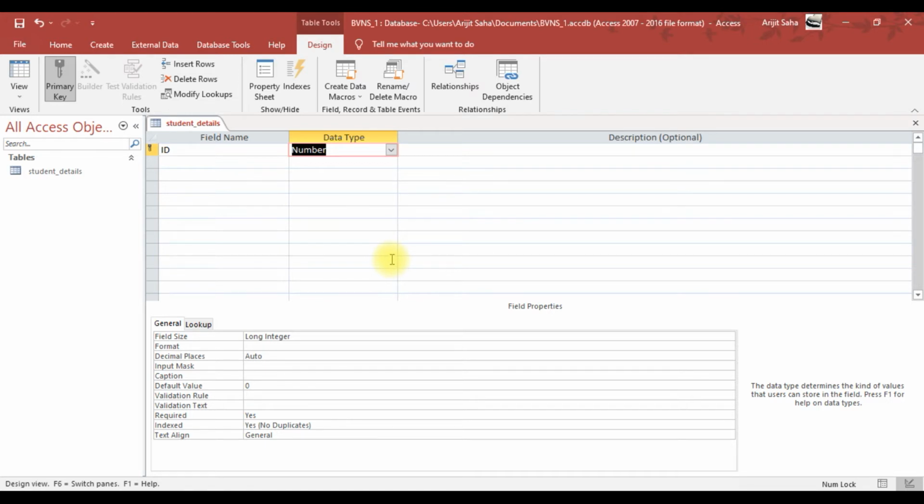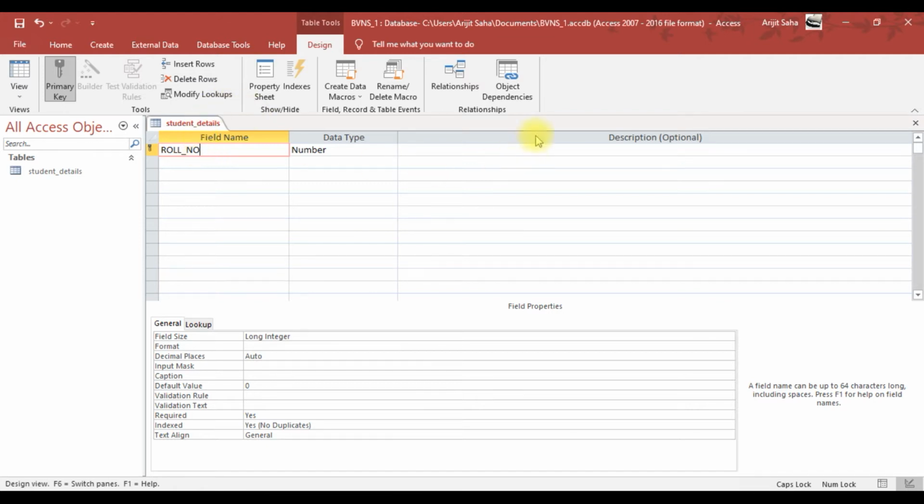Now here it is written ID. I'm going to change it to Roll_Number. I'll put caps on for better understanding. As you can see, I've again put an underscore between roll and number. Always put an underscore between the words if there are multiple words in a field name.